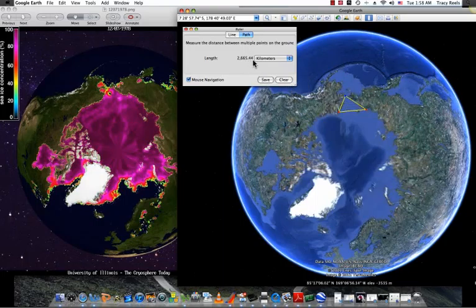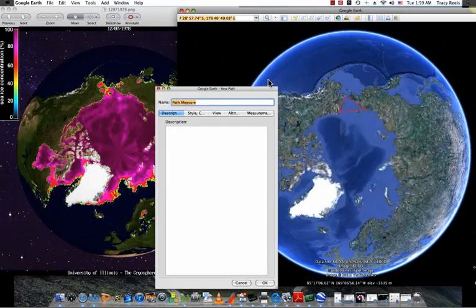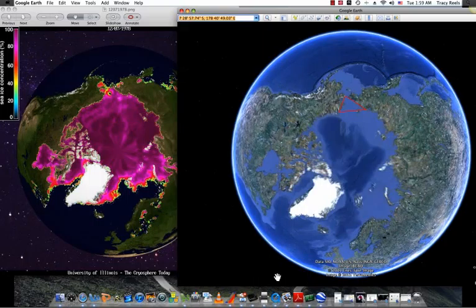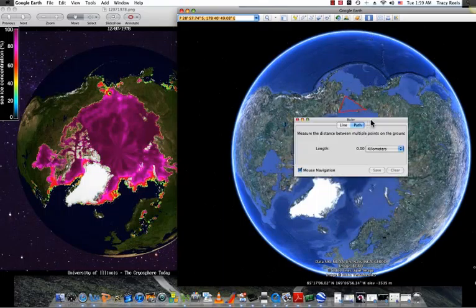It gives you the length of the sides. The students can use this and the formula for the area of a triangle to calculate what amount of sea ice was in this area. Then you have an option of saving your measurements, which the students would want to do so that it is now marked that that area has been measured. You can also measure now a circle,